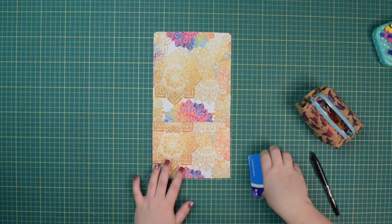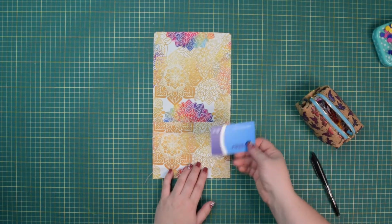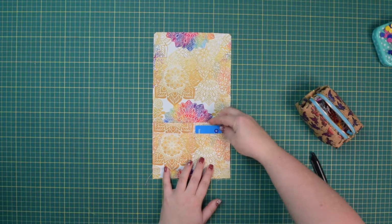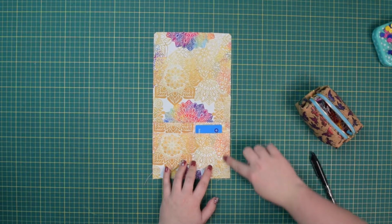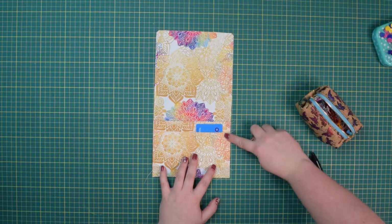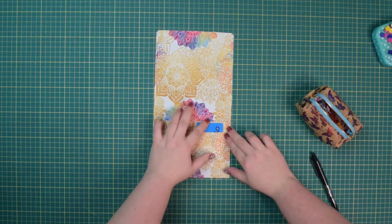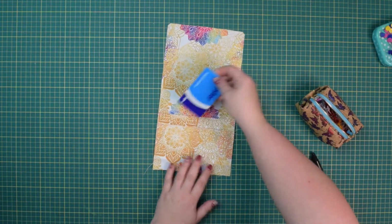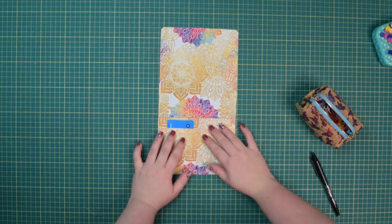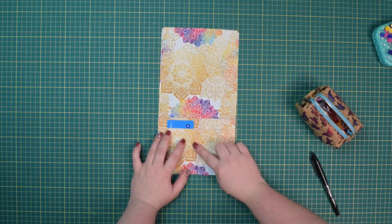Before we proceed, take one of your cards, credit card, debit card, or whatever you're going to use those pockets for, and make sure you have enough space to stitch the sides. So we're going to use 7mm seam allowance. As long as you have about 1 centimeter space, and you can still insert your card on both sides, then it's fine. Otherwise, if you stitch too big of a box, you might have to redo it and stitch